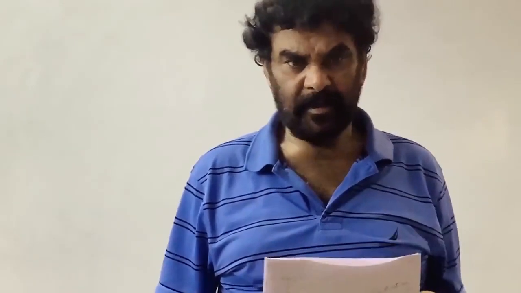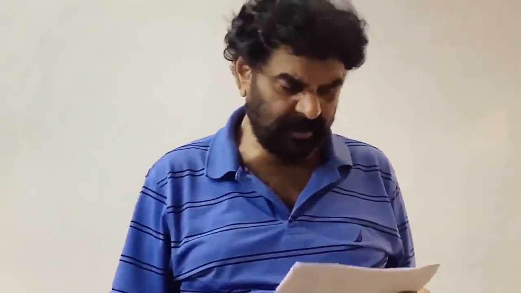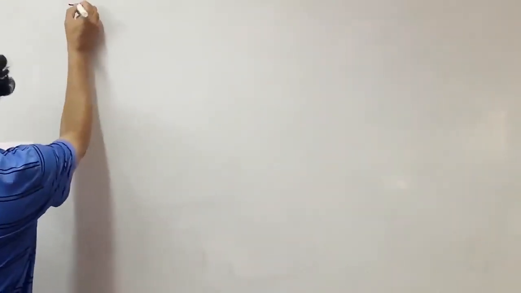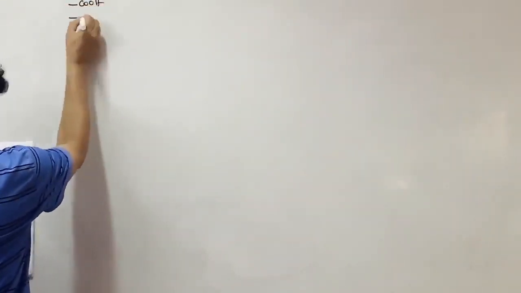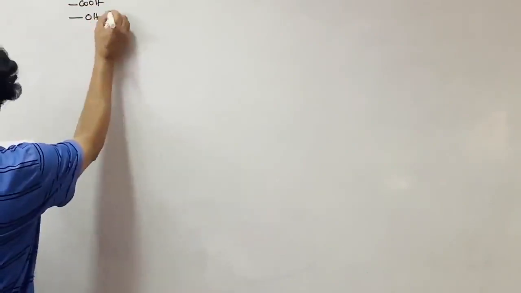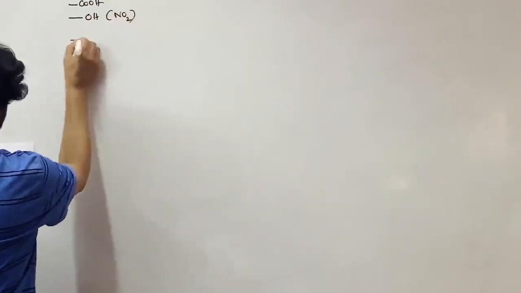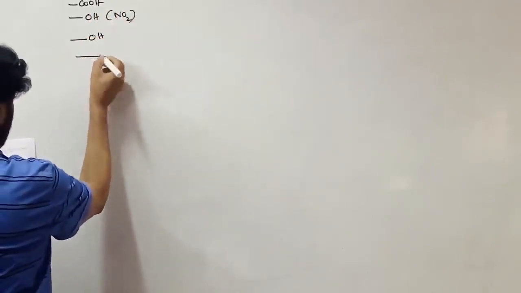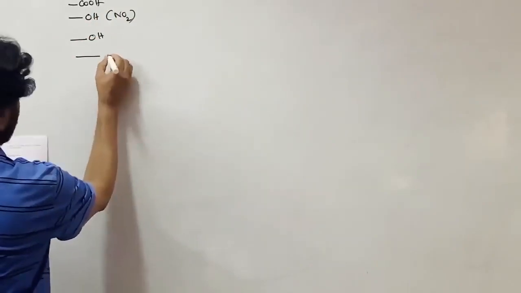Students, in this video I am going to discuss the test conducted on 30th June 2020. The first question is on acid-base relation. Here, in the given compound there are 4 acid groups: one is the COOH group, another is the phenolic OH with the nitro group, a third is a phenolic OH without any nitro group, and the other one is the acetylenic group.